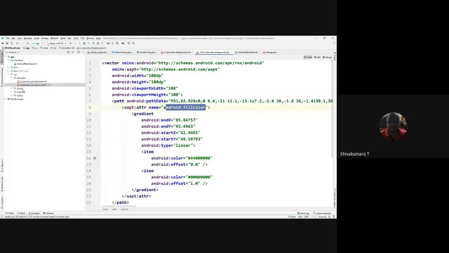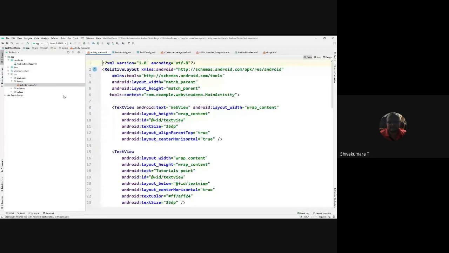They used drawable. Usually the logo of your application and images will be included under this drawable. Then layout: all the GUI interfaces which are used in your activity.